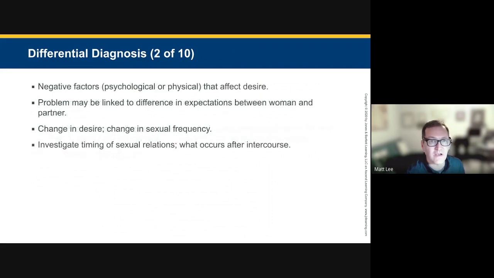How long has this been going on? Have you always felt this way, or has something changed? And when did it change? What happened? Certainly asking questions about abuse, current partner, conflicts in the relationship. Asking about frequency of sexual activity is helpful, although it doesn't necessarily tell us a lot, unless there's a change in frequency, because frequency itself is not a marker. There's no median, there's no normal. It's, again, what is her expectation?